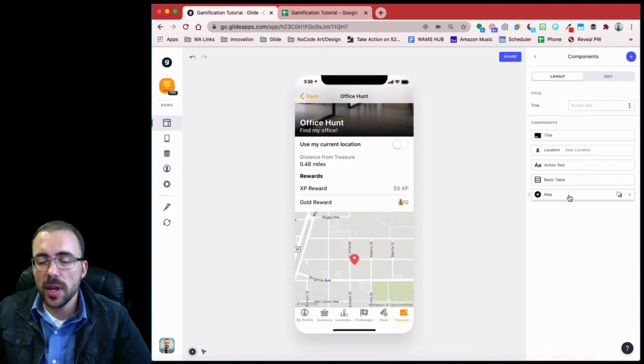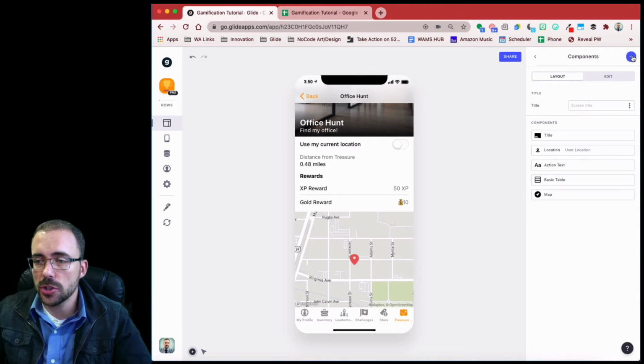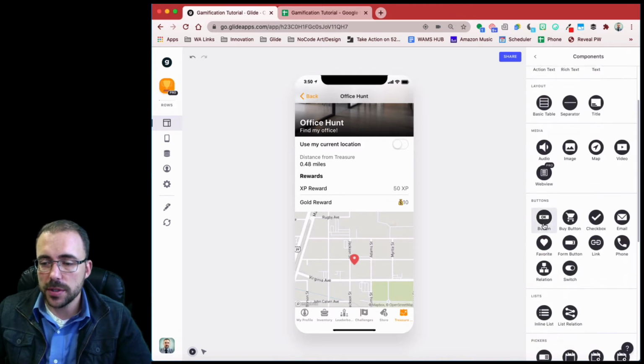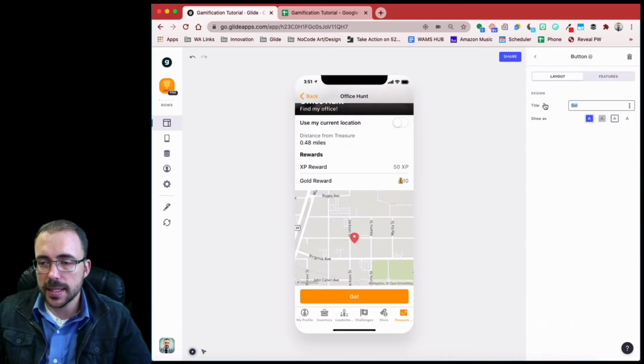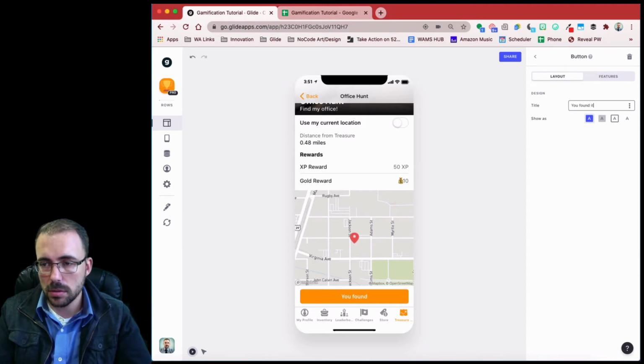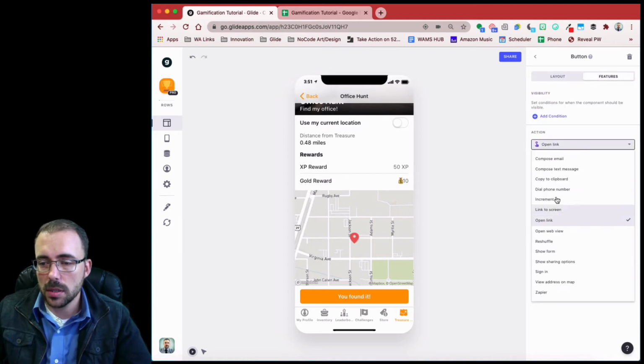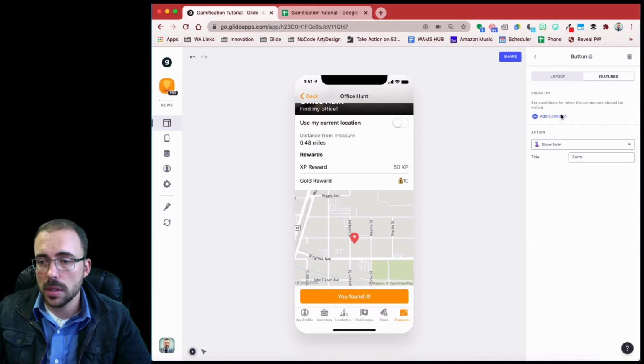All right, and so now we want to show the form button to submit their entry when they are within range. So we can add in 2 buttons here. We'll add 1 button that says like, you found it. And this will be a form button. So we're going to open a form. And this form is going to write to